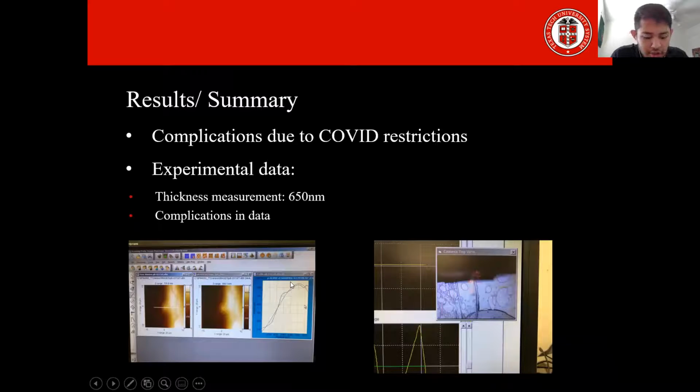And so as I further my research, I would have to go through the process of de-wetting in order to avoid these holes that we found, and also to correctly measure the thickness. The project is still in progress due to COVID restrictions and issues on our campus and in our lab. I was not able to go to the lab frequently in the last 2 semesters. So this is still a work in progress project, but